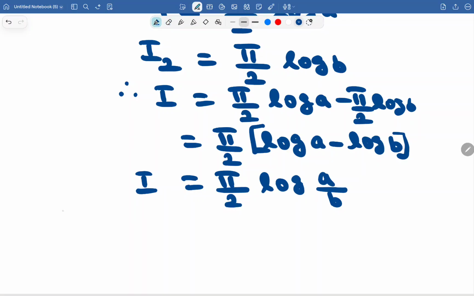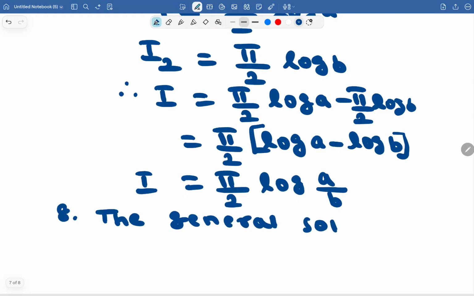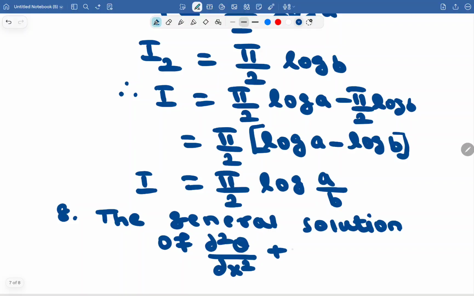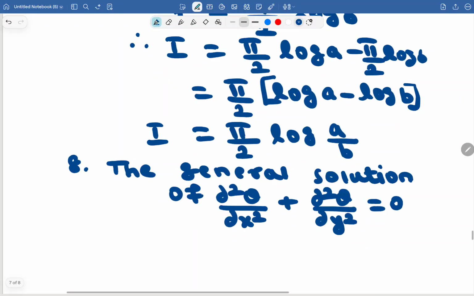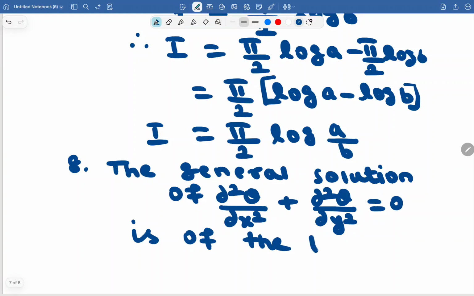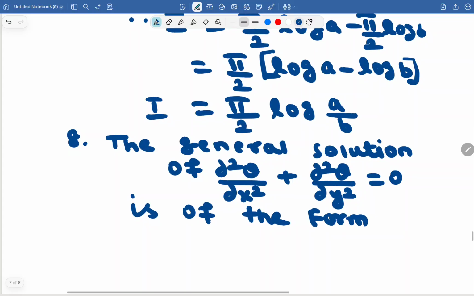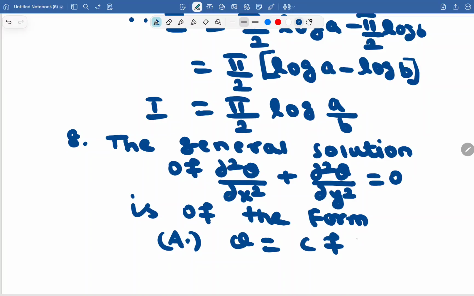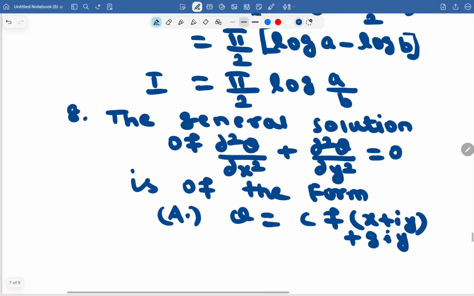8th sum, the general solution of dou square theta by dou x square plus dou square theta by dou y square, which is equivalent to 0, is of the form option A, theta equal to c into f of x plus iy plus g of iy,